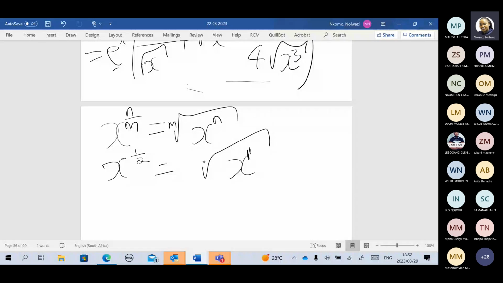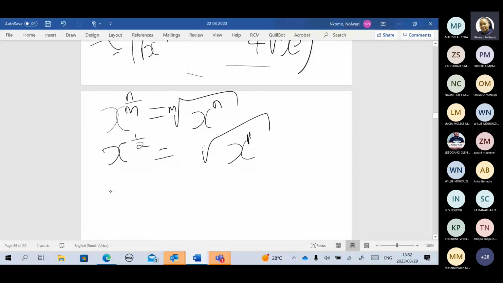Remember, if it's the square root, you don't have to write 2 here. And if we had x to the power, let me say, 3/2,